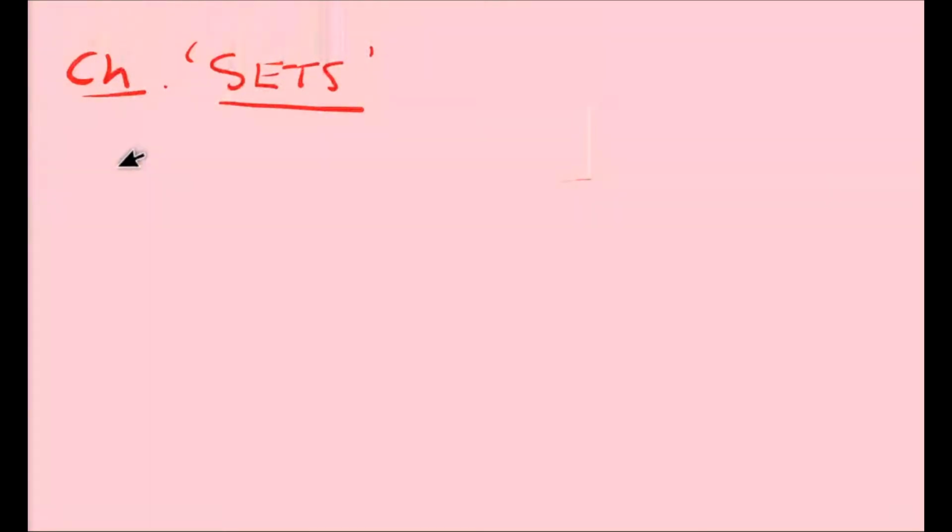Okay, so now we are going to define what a set is. In fact, the meaning of set is group. But there is a big difference between a set and a group. Normally, if five things are put together and there is no relation between all these things, then that is a group.